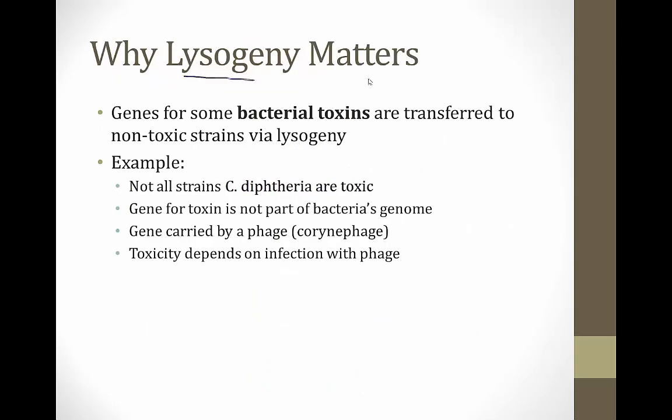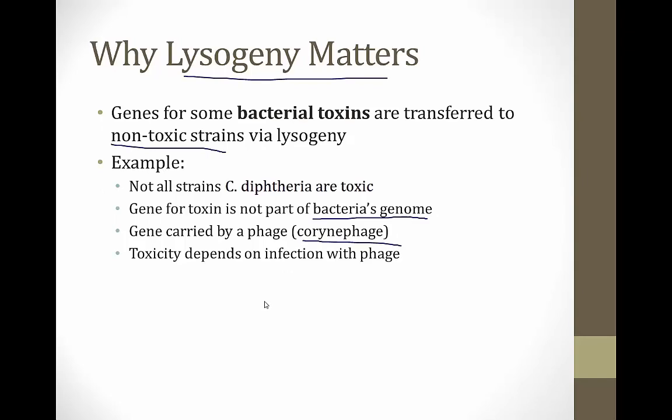The reason lysogeny matters in medicine is because the genes for some bacterial toxins are transferred to non-toxic strains via lysogeny, and one of the best examples is diphtheria. Many strains of Corynebacterium diphtheriae are non-toxic, and in fact the gene for the diphtheria toxin is not part of the bacteria's normal genome. In order for a Corynebacterium diphtheriae cell to become toxic, it has to get infected by a phage called a corynophage, and this will impart the ability to synthesize the toxin,